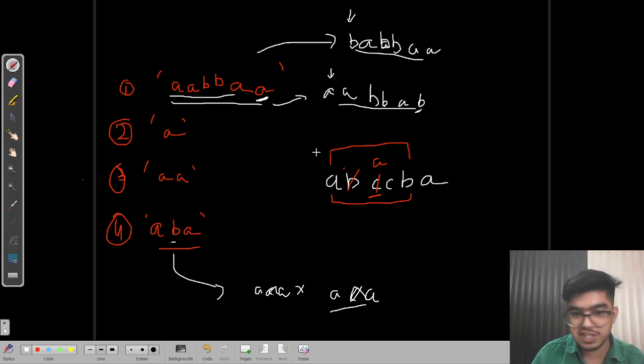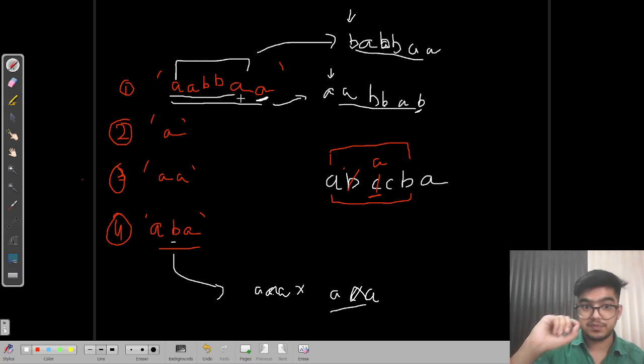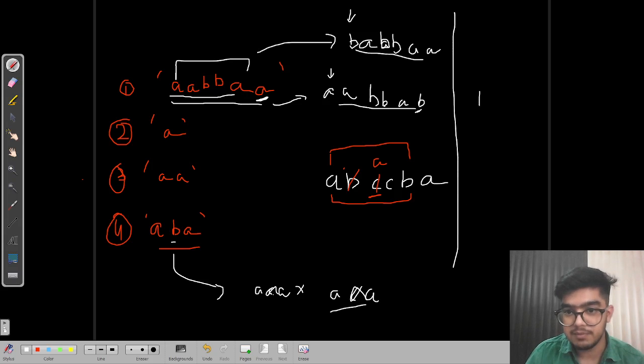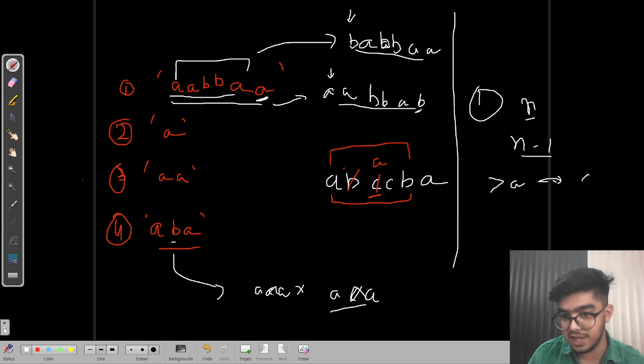Okay, so the first case is, if in whatever string we have, till that length, we get some character which is greater than a, we can convert it into a. So I say that if the length of the string is n, then till n minus 1 length, if any character is greater than a, we simply replace it with a.